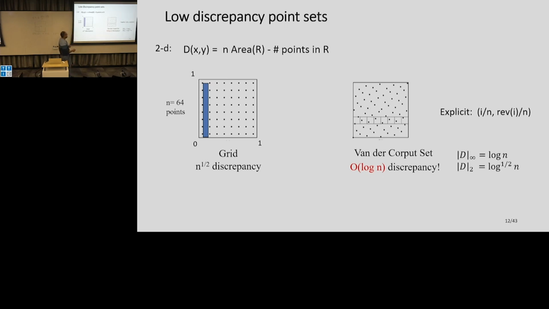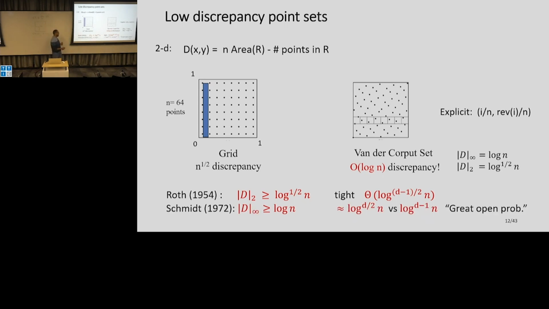Good. And actually, when I say log n discrepancy, I even mean the worst case discrepancy. In fact, the L2 discrepancy is root log n. And then you might ask, okay, log is great, can I get a constant? It turns out there was a big result in this area by Roth. He was actually a Fields medalist, and he started this whole area of geometric discrepancy using Fourier analysis. He showed that you can't really beat root log n. So this is tight, and even in general dimensions D, this is the answer.